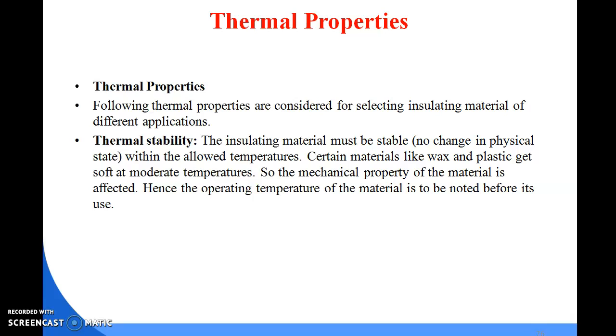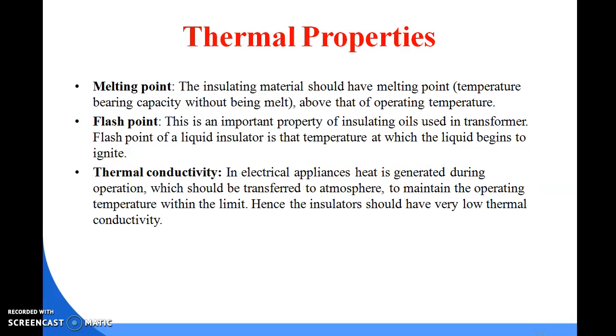Thermal stability: the insulating material must be stable, with no change in physical state within an allowable temperature. Certain materials like wax and plastic get soft at moderate temperature. So the mechanical properties of a material are affected. Hence, the operating temperature of the material is to be noted before use. Okay. And melting point means the insulating material should have a temperature bearing capacity without melting